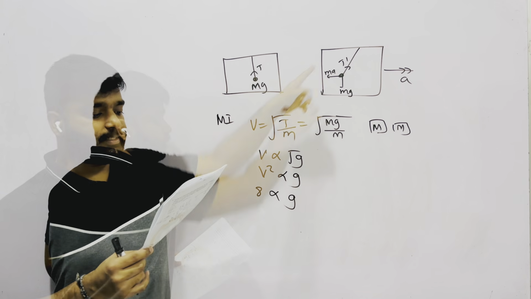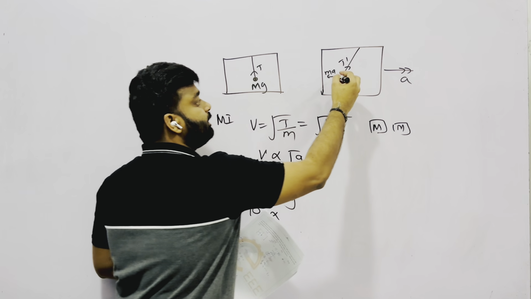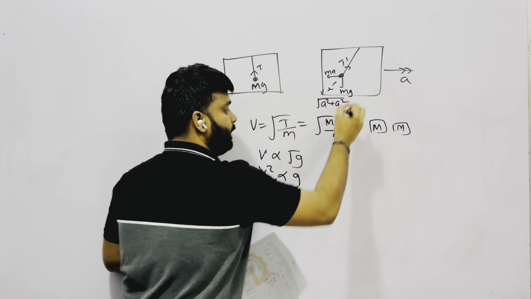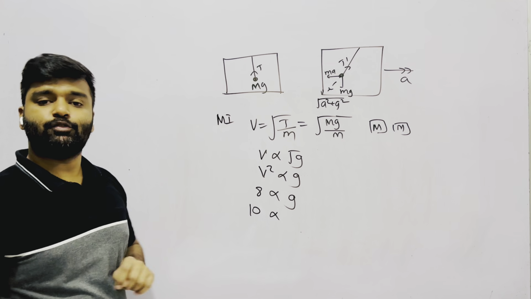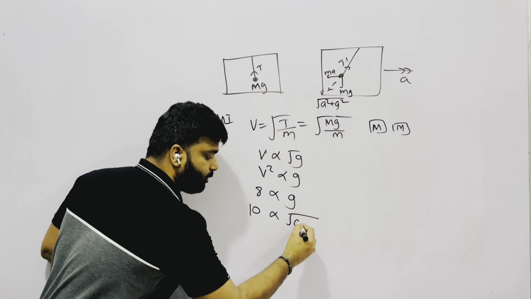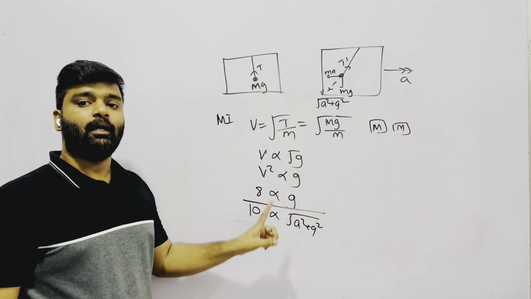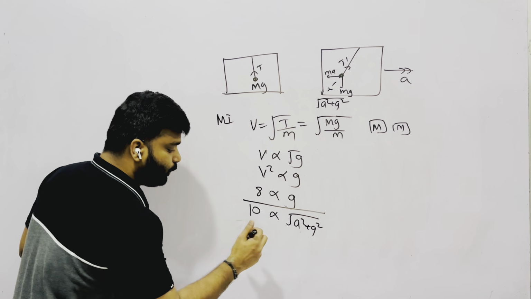Now, the velocity is root of 10. If you square it, 10 is directly proportional to the resultant acceleration, which is equal to root of a squared plus g squared. a and g are perpendicular and the resultant is equal to root of a squared plus g squared. If two vectors are perpendicular to each other, you can get the resultant by root of a squared plus b squared. Then if you divide 1 by 2,